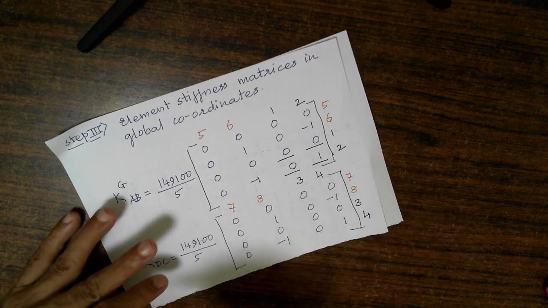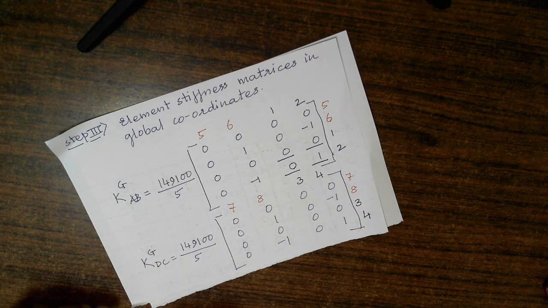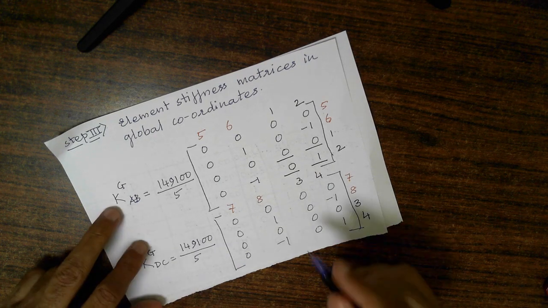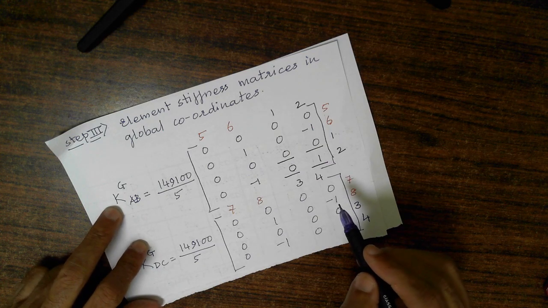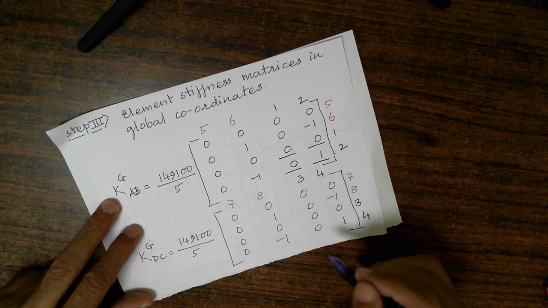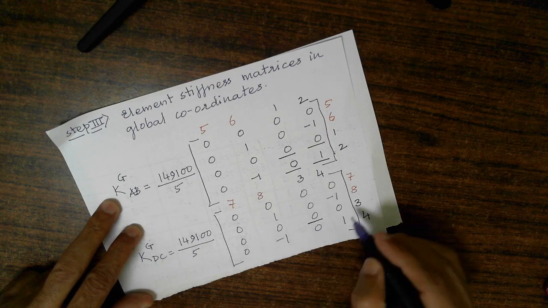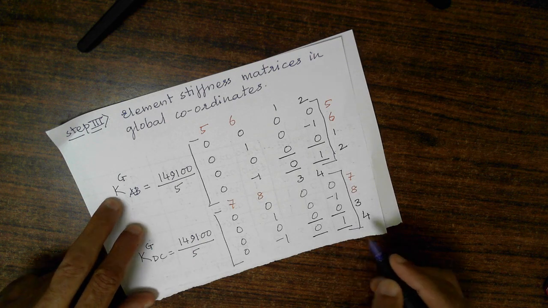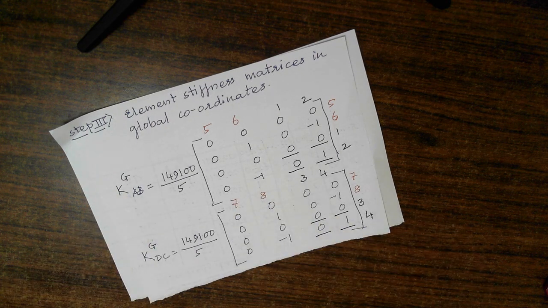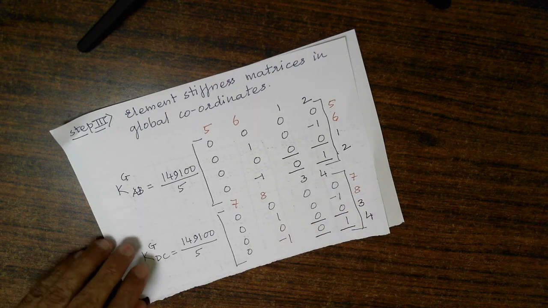So what are the members to be mapped to the final global stiffness matrix? We need 1, 2, 3, 4 by 1, 2, 3, 4 as the rows and columns in our final global stiffness matrix for the structure. So I need the 3rd row 3rd column, 3rd row 4th column, 4th row 3rd column and 4th row 4th column. The 7th row and 8th row, similarly the 7th and 8th columns, will not be in the picture, and that is why I need not bother about these elements.